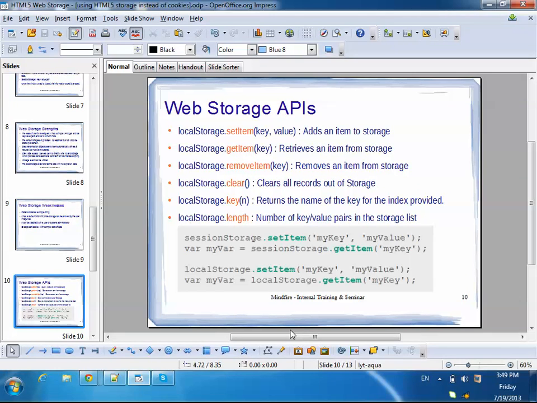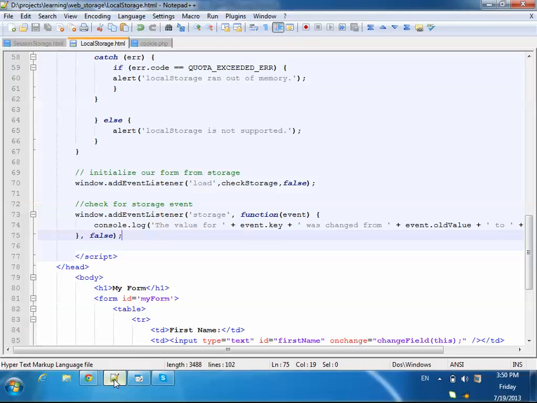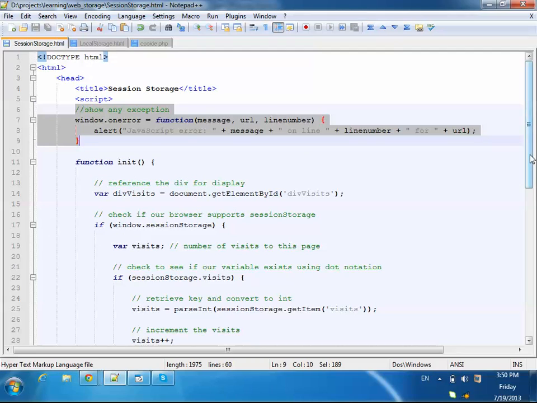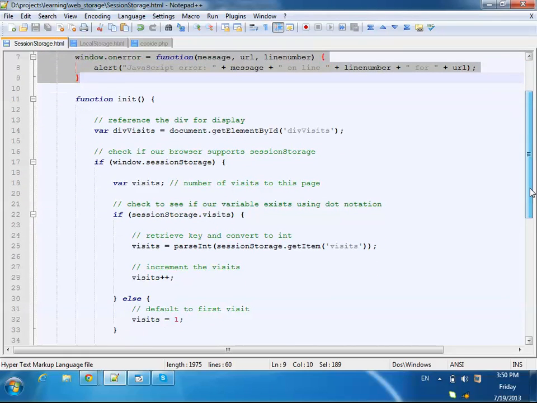So let me show you a demo of how local storage and session storage are getting stored. Let's start with session storage. Here I have written some JavaScript, some exception handling, and I'm checking if this browser is supporting session storage. Now if it supports it, then